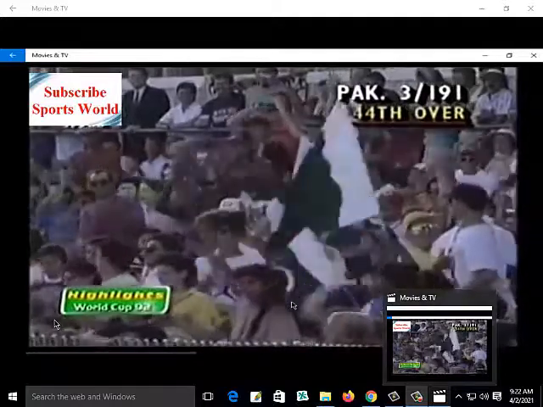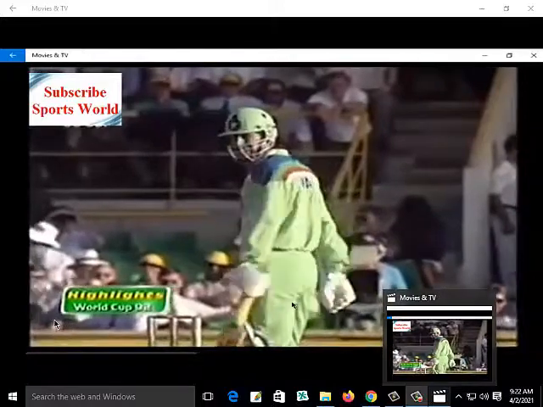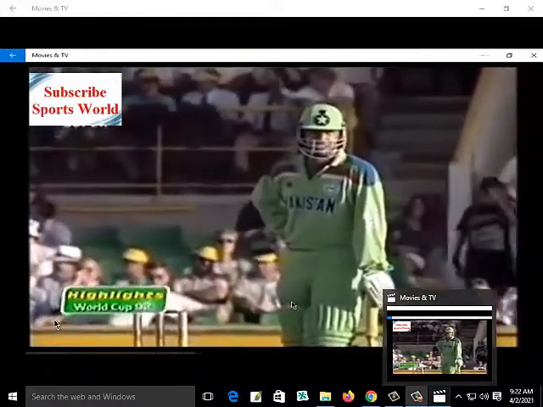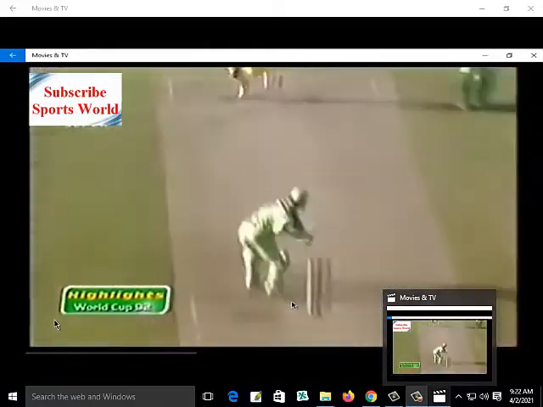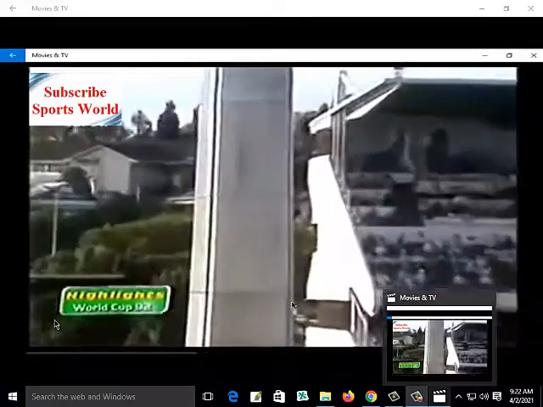Well, it might have taken Imran a while to find his length, to get the hang of his swing. On this occasion, there's no doubt about it whatsoever. It's a long, long hit, over long on. He's picked up Mike Whitney very cleanly. Very powerful strike of the ball, Imran Khan. And that's four or five rows back into the crowd.